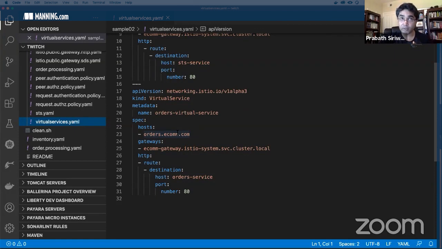And this is the fully qualified name of the gateway resource. Even though the value of the gateway element matches the gateway picked by Istio, that isn't enough. You also need to match the values we have defined under the host element. Here we have an asterisk under the host element in our gateway resource. So this virtual service will match, and it is also attached to that particular gateway.